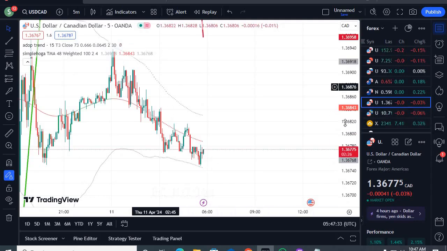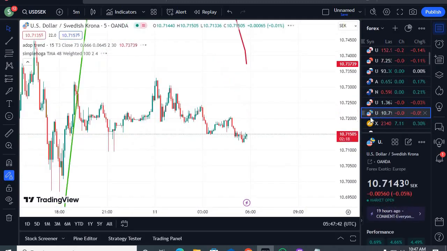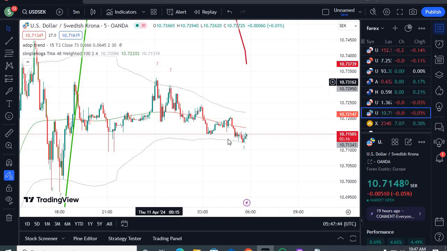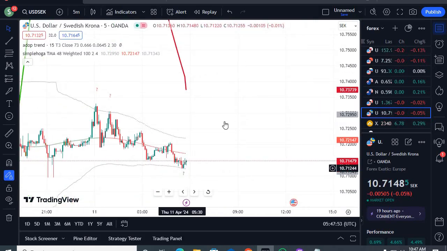Maybe you can go for the buy trade or sell trade from this point if you want, because you did not get the sell signal here. I need to show you something interesting. Like this one, you can see you got the sell signal, the candle is above the upper band line. You can go for the sell trade and book your profit here.